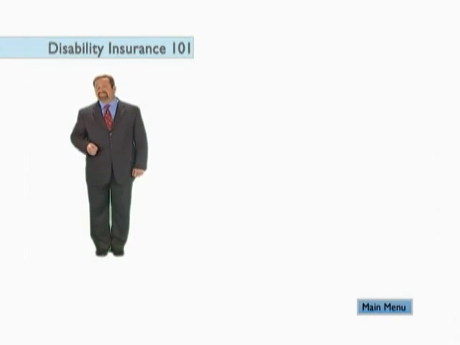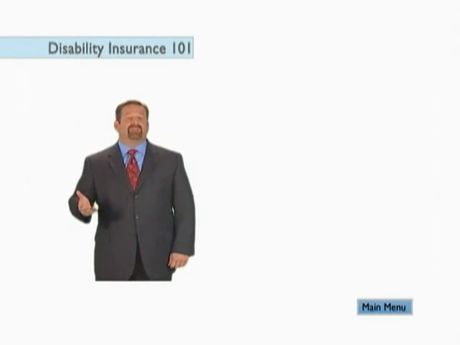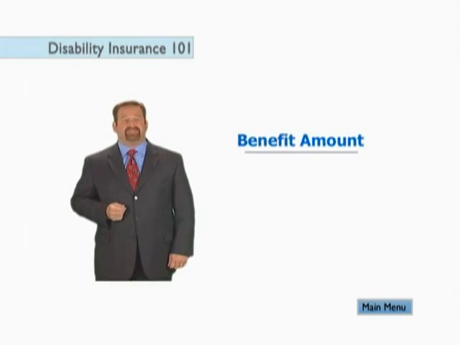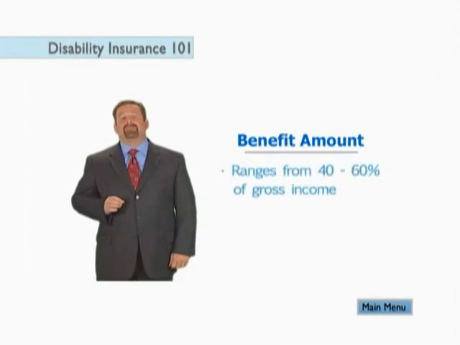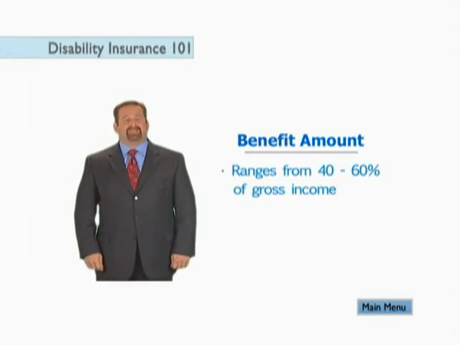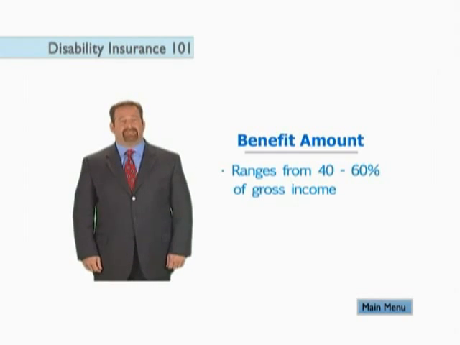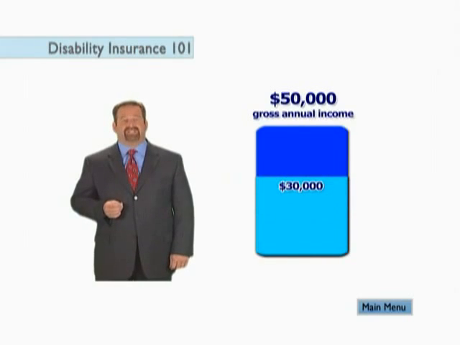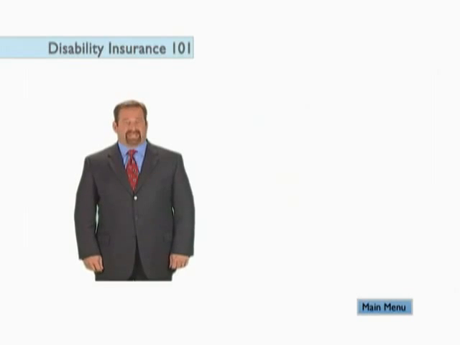So we've established who needs disability insurance and why. But now let's talk a little bit about the details of a disability insurance contract. There are a number of features that go into making up a disability policy. First is obviously how much benefit you purchase. That is a percentage of your monthly income. Most insurance companies have a limit on how much insurance they will issue. For incomes less than $100,000, that limit is roughly 60% of your gross salary. If you earned $50,000 per year, you could purchase a policy which would replace $30,000 of income. For incomes over $100,000, the percentage you can insure drops down.